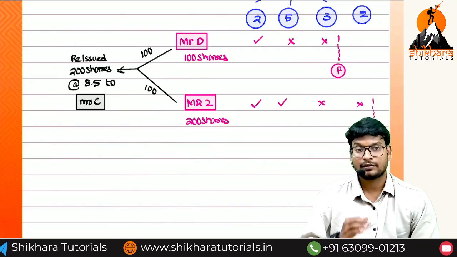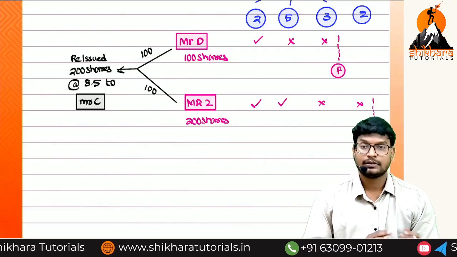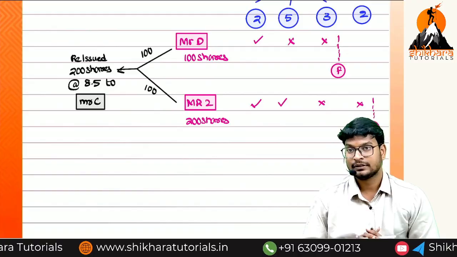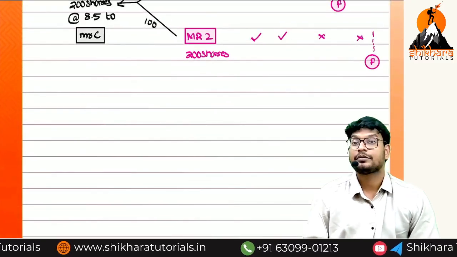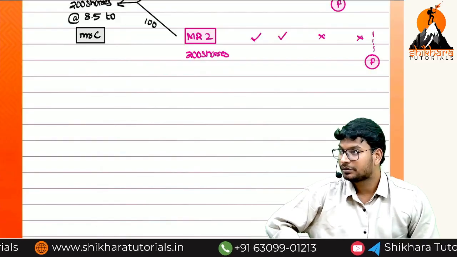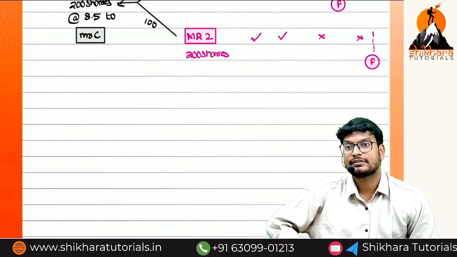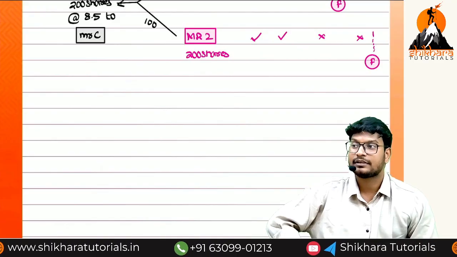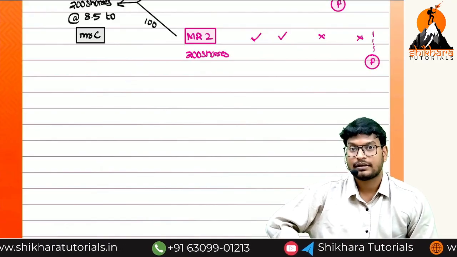So this is the whole concept given in the question. So we have to pass the entries. And another working note, the main working note we have to prepare. So which are the working note we have taken at the starting of the discussion of the class? That working note you have to prepare. What is the working note, ma?